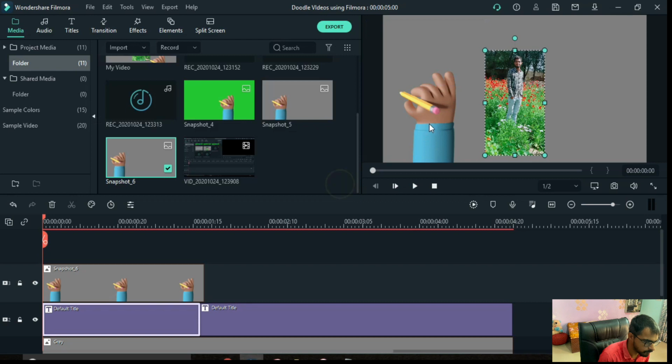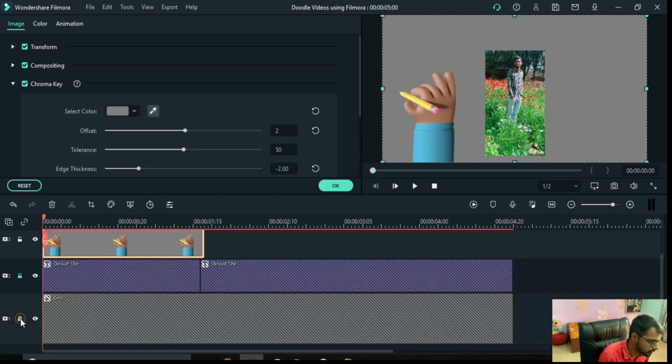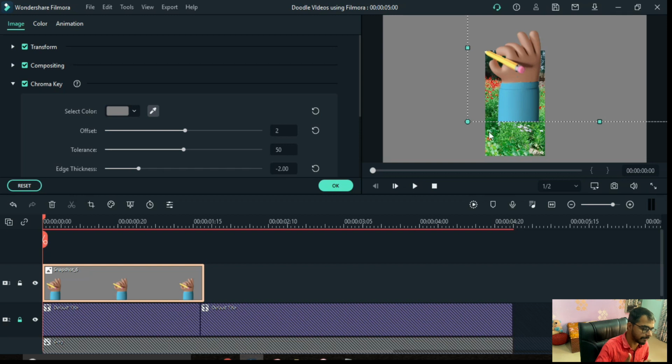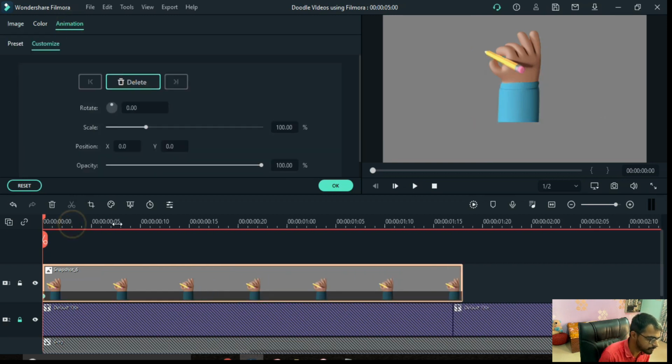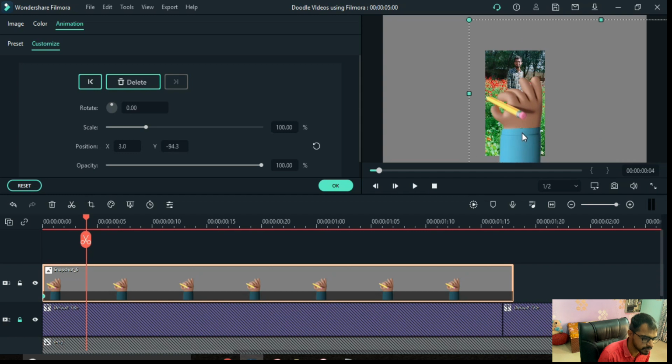And first of all we also lock this layer. So make sure you place it in the top left corner, and then you go to animation, you add your keyframe, and you move 2 or 3 frames away, and you have to keep changing the position as you are seeing your image.